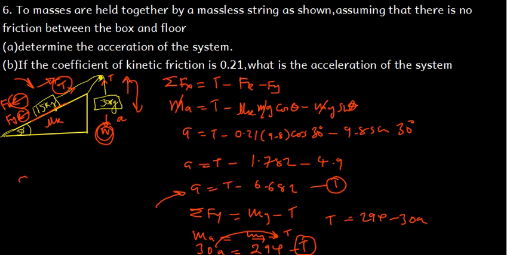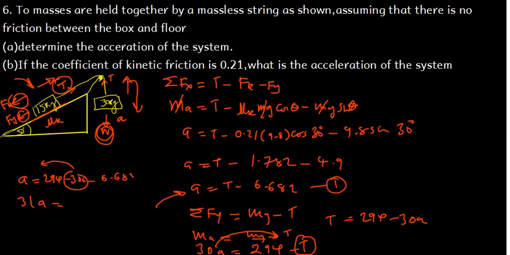So a is equal to, where there was t, I put 294 minus 30a, and then minus 6.682. I can take this to the other side so that it adds to the a. That will give me 31a, and that will be equal to 294